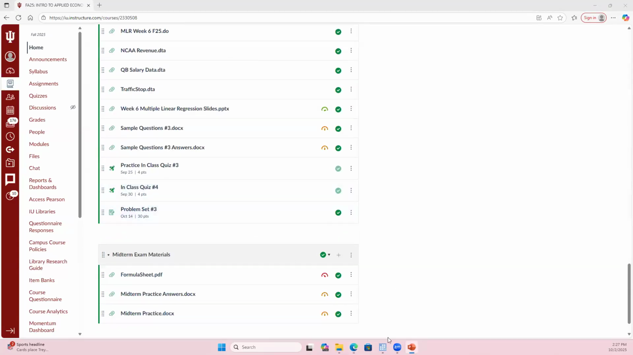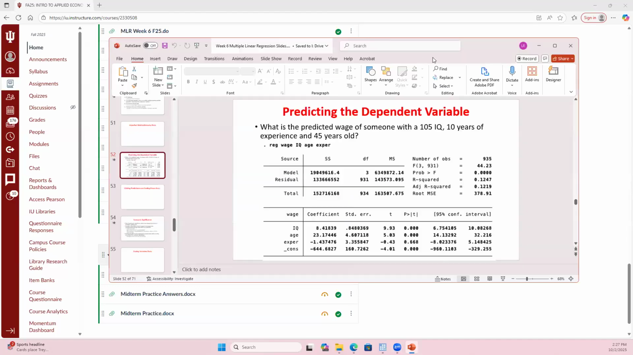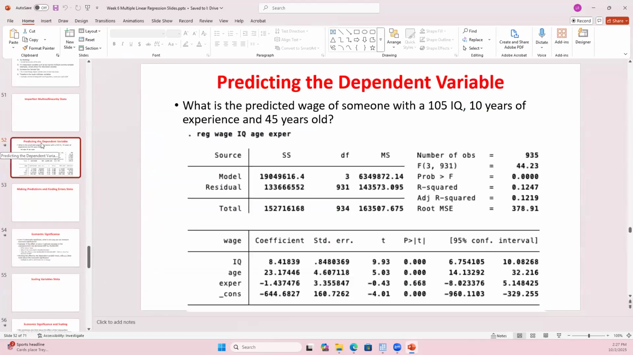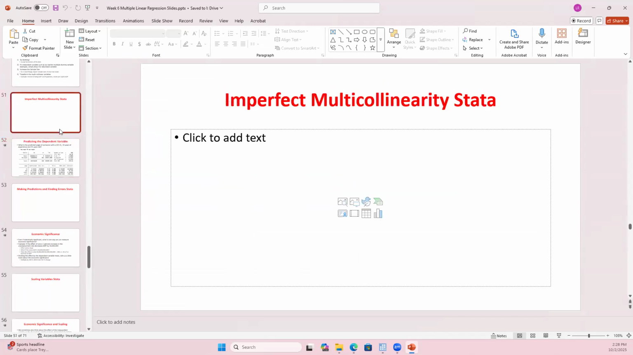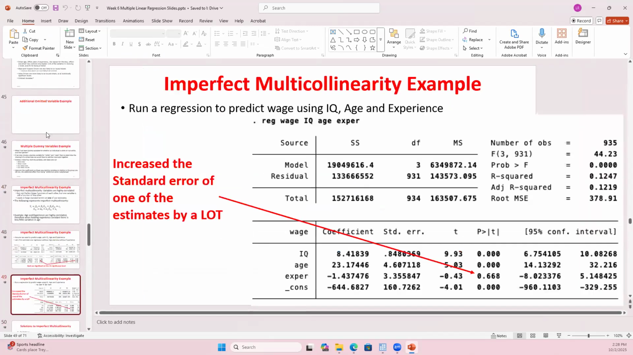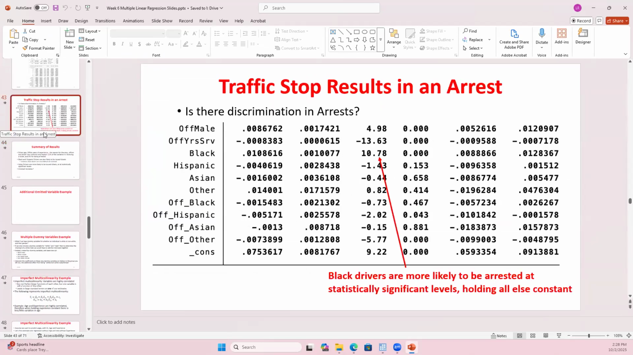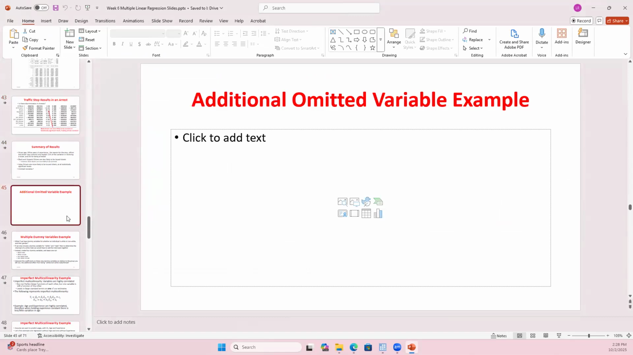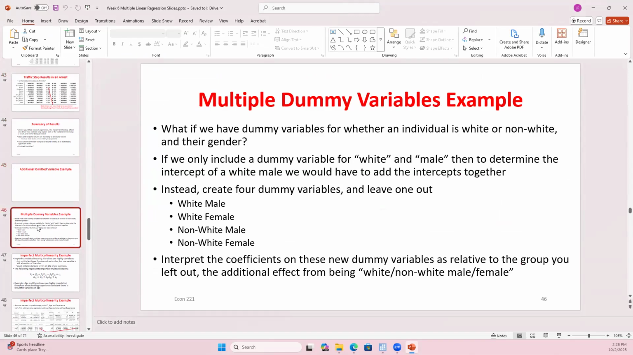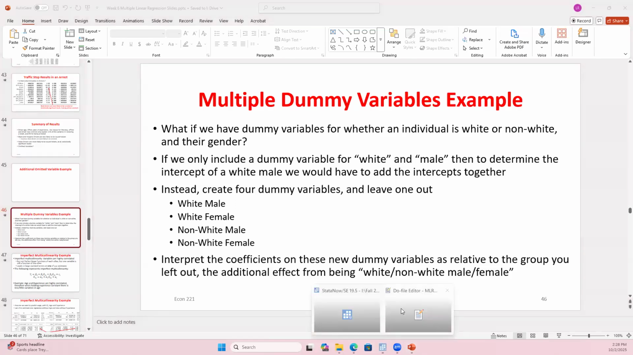Any questions before we jump into where we left off, which was talking about kind of making predictions using kind of a multiple linear regression? All good with everything? Okay. So we actually didn't go through multiple or imperfect multicollinearity, but we kind of stopped at this traffic stop example. So I kind of had an additional omitted variable example that we're going to kind of start to work through. Also thinking about different types of multiple dummy variables. So we're going to start out here